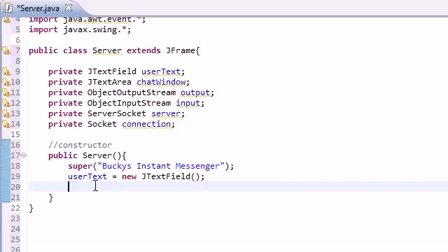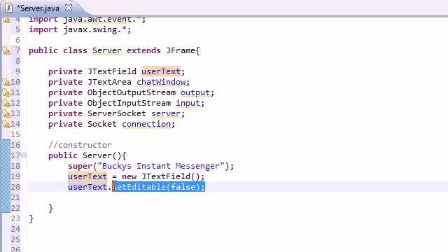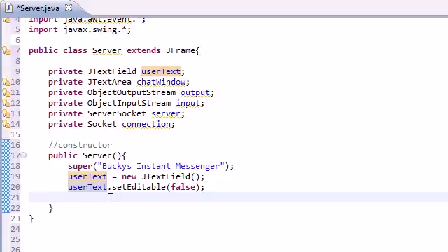The very first thing I want to do is run a method on this called setEditable, and I want to set this equal to false. With the method setEditable, I always put that on user text. What this means is by default, before you are connected to anyone else, you're not allowed to type anything in the message box. So why did I do this? Well, first of all, if you're not connected to anyone and they're basically